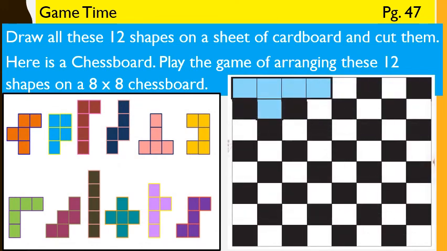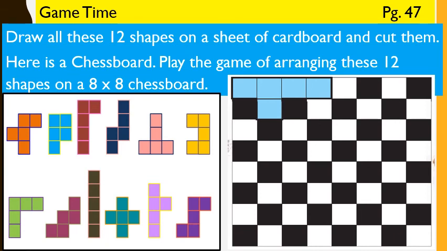Game time, page 47. Draw all these 12 different shapes on a sheet of cardboard and cut them. Here is a chessboard. Play the game with your partner by arranging these 12 different shapes on an 8 by 8 chessboard. The first player picks one shape from the set of 12 shapes and puts it on the board